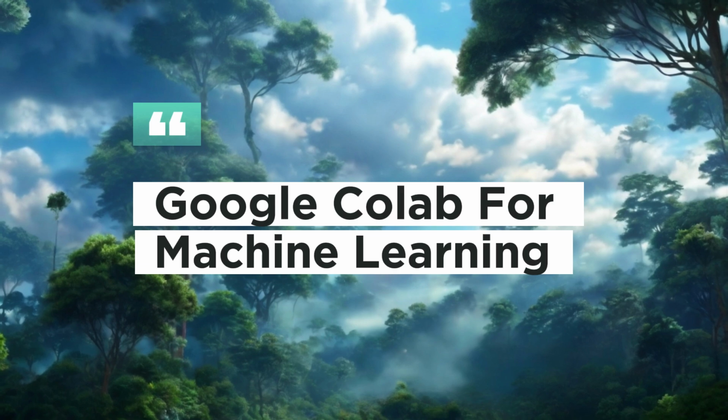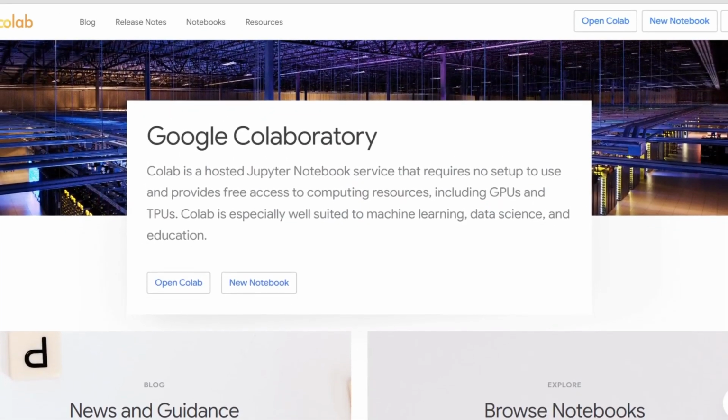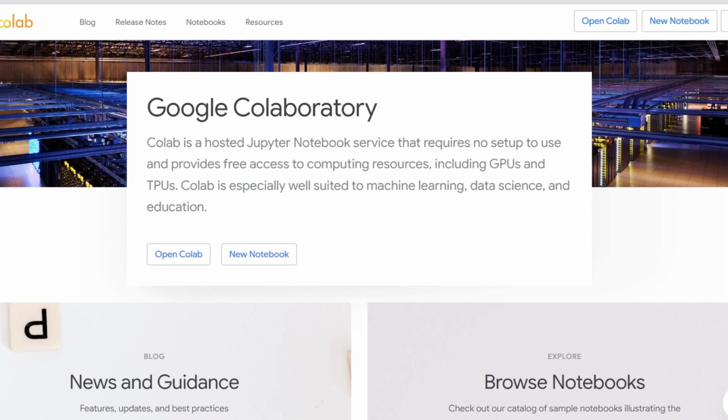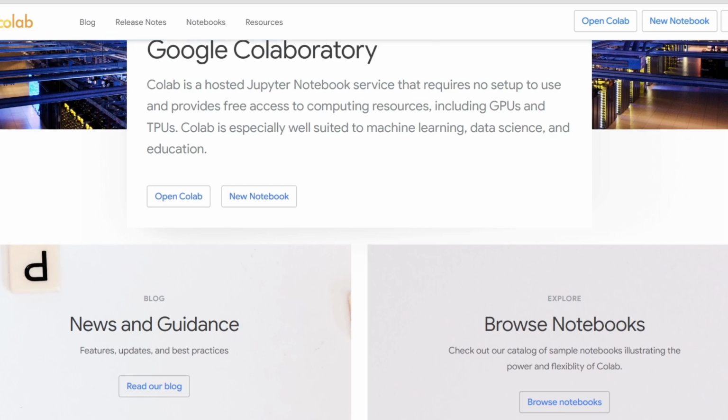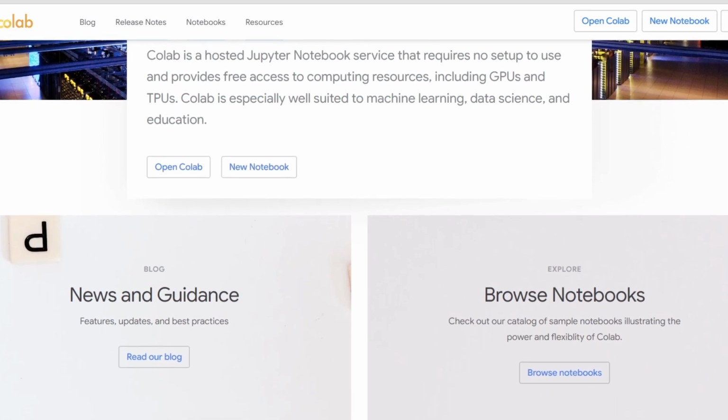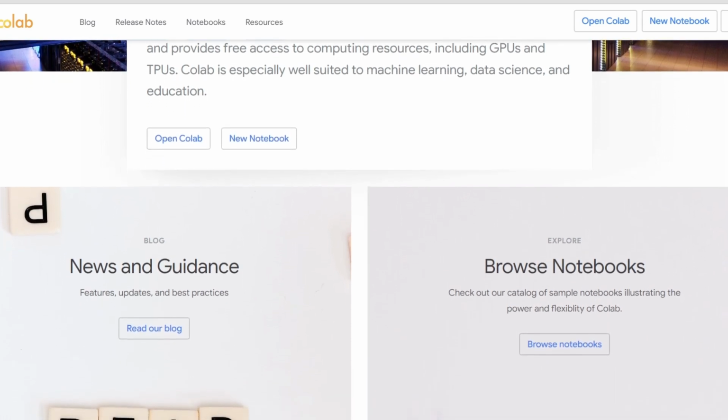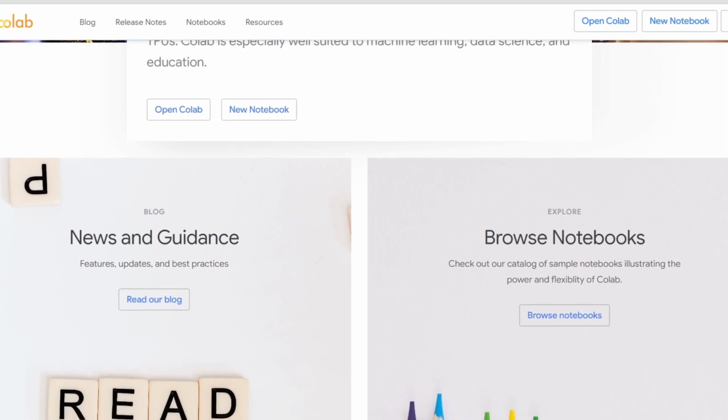In today's video we're diving into Google Colab, a free and easy to use environment for data science and machine learning provided by Google. So what exactly is Google Colab? It's a cloud-based Python environment with powerful resources like GPUs and TPUs, which means you can run data science or machine learning projects without needing a powerful computer. Especially if you're dealing with large datasets or complex machine learning models, Google Colab gives you access to all that